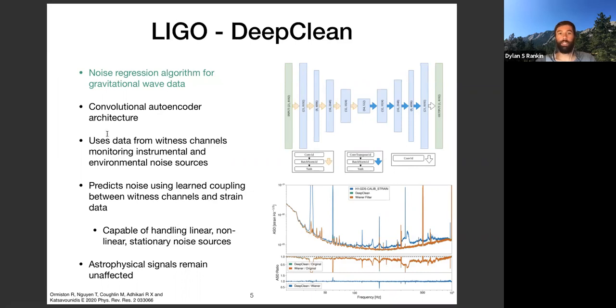So its architecture is that of a convolutional autoencoder. You see the architecture in the top right here, starting with a time series, and it basically uses convolutional layers to shrink the size of this down to some latent space and then expand it back out to predict the noise. The input data here is data from witness channels, monitoring the instruments and other noise sources, and the output is the predicted noise learned from basically the coupling between these different witness channels as input